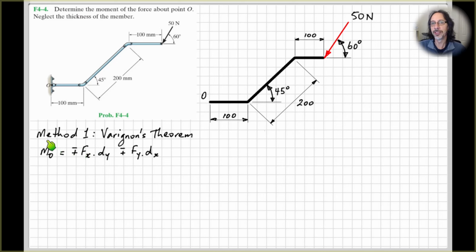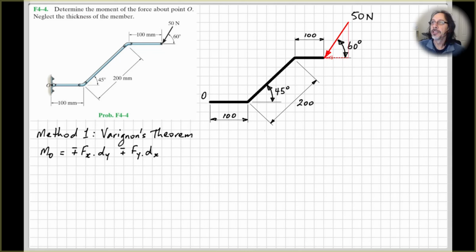And we need to look at the moment that's generated by this force to determine whether it's positive or negative. Of course, we'll need to indicate here what we're considering to be positive or negative, and we'll do that in a second. Then we'll also have the vertical component of the force times its perpendicular distance to the point about which we want to know the moments. Right, so let's put in our horizontal component up here. So this one here,